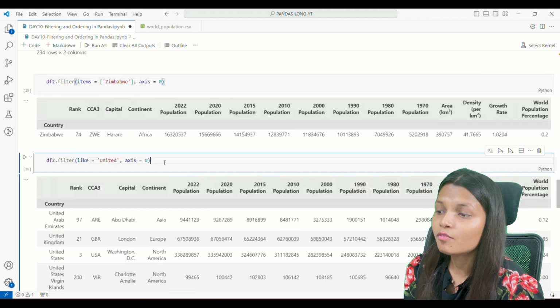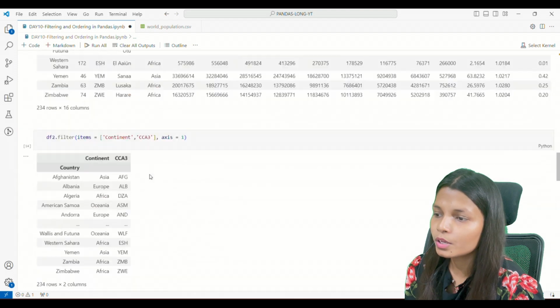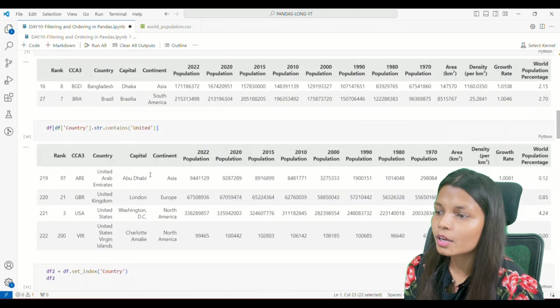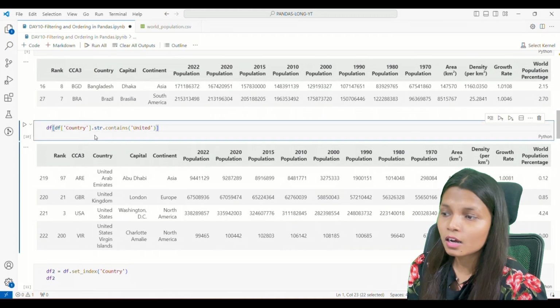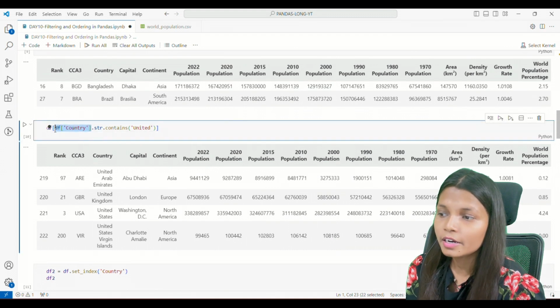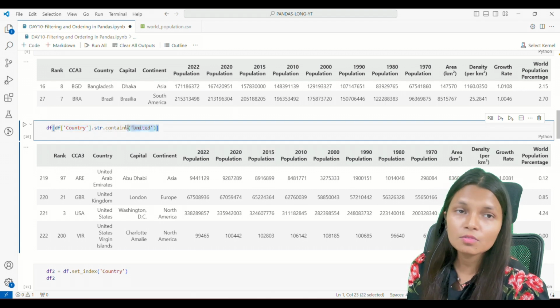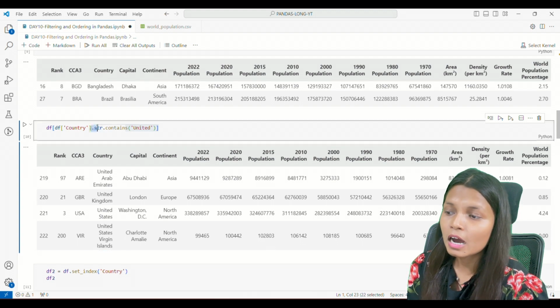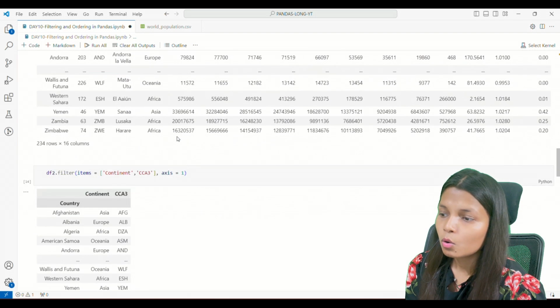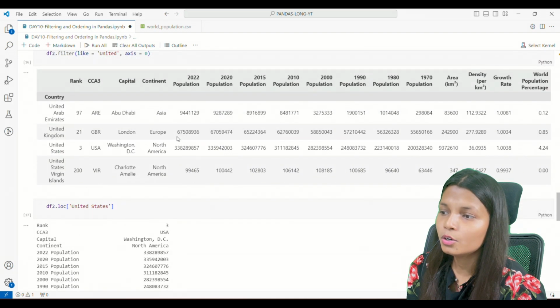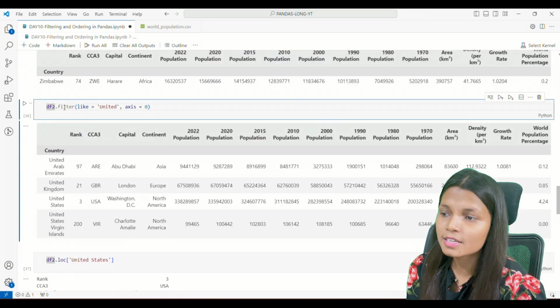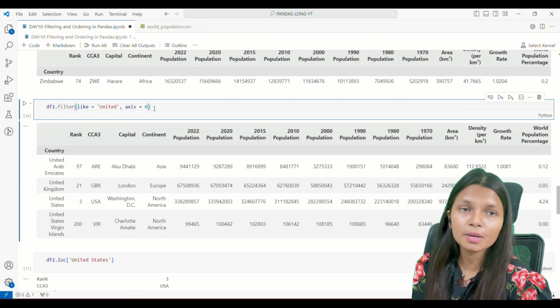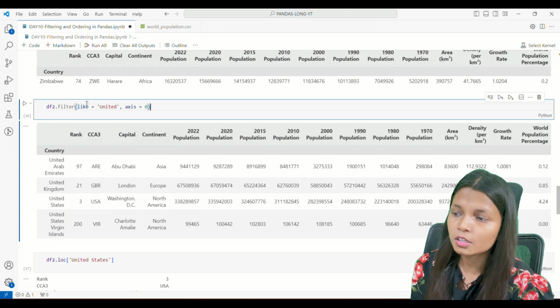Now what I have done is I have done this earlier. Let me take you back. Here I was checking whether the data, which is df, and the data consists of a country column, does consist of United or not. We were checking it with dot str dot contains. But now I'm doing the same thing in this command, saying dot filter, like United, axis is equal to 0. Because we have already replaced the indexes with the country, now we can easily check like United, and it printed all the data for us.